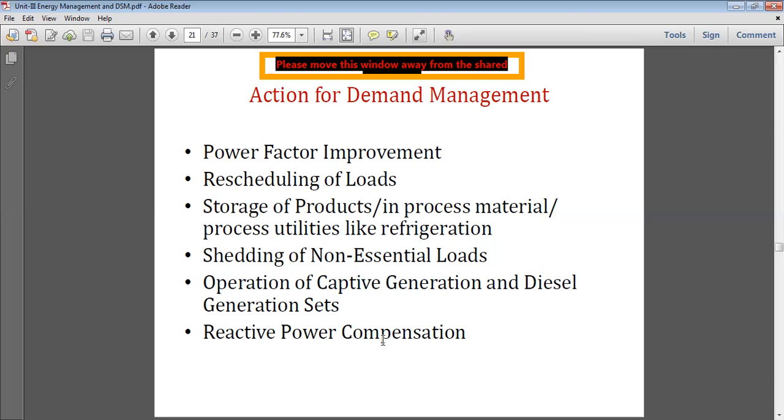During that period the additional charges will not have to be paid, or it is better to run in the night time, because during that time we get the benefit of 1 rupee 10 paisa, 1 rupee 50 paisa subtracted from the basic rate of energy. So the effluent treatment plant is the same, the water pumping system is the same, and other raw material handling will also be the same. So we can shift such type of work into the night time,